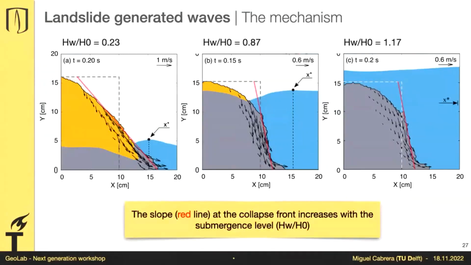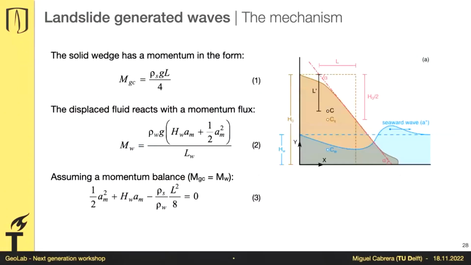So what we came out with was to say that slope is telling us something. Why not explain that the slope of this instant is a function of the submergence ratio? And by saying that, we will imagine that there is a wedge that is either pushing the water sideways or pushing the water downwards, and that pushing is equivalent. It doesn't change so far for our experiment. So we just want to know the geometry of that wedge. And there is a way to get the geometry of that wedge.